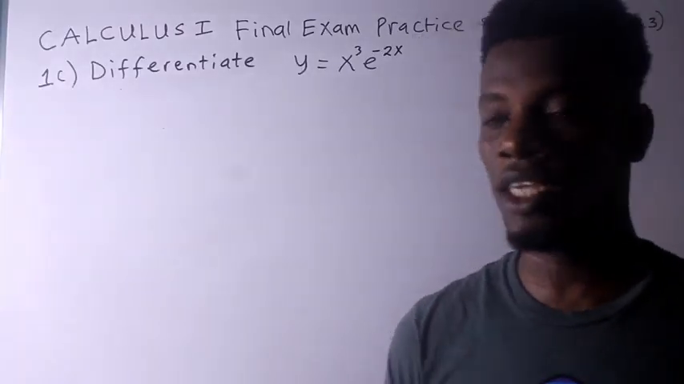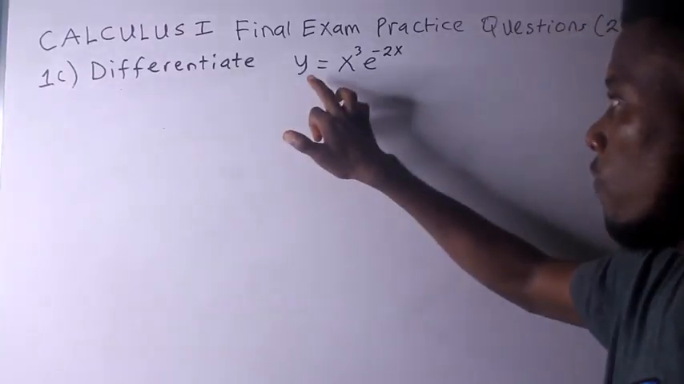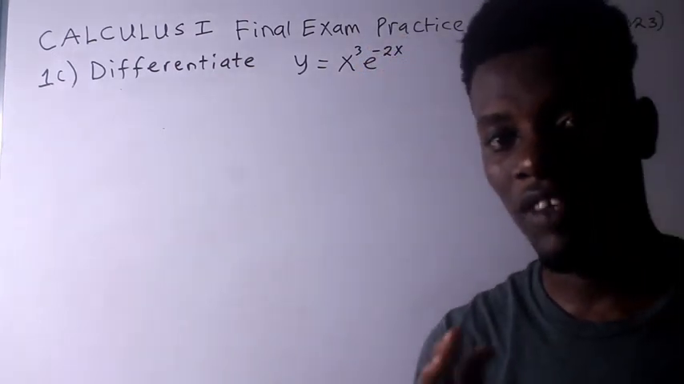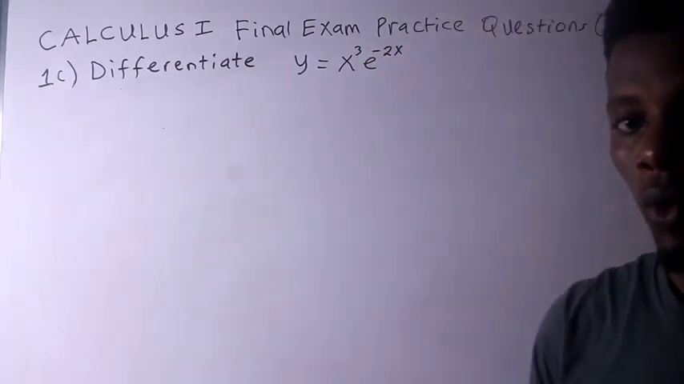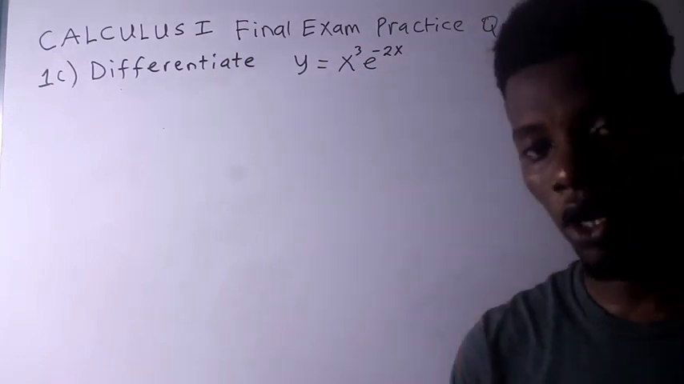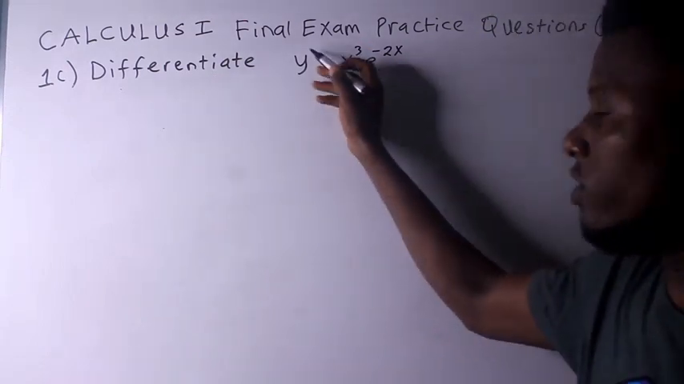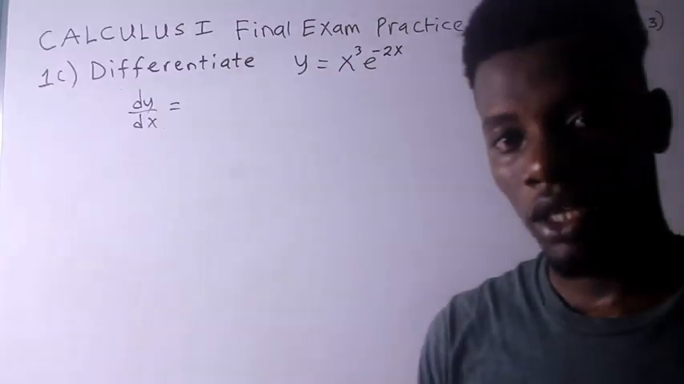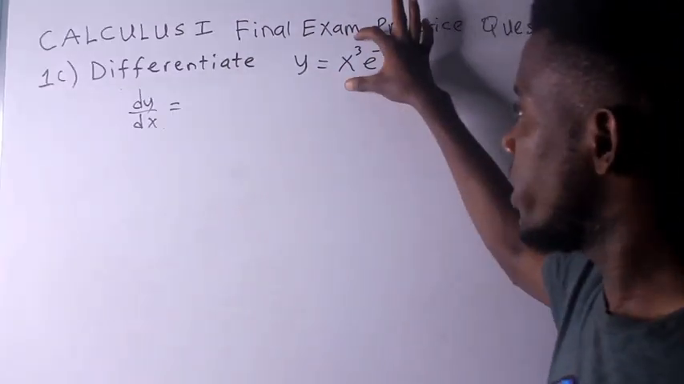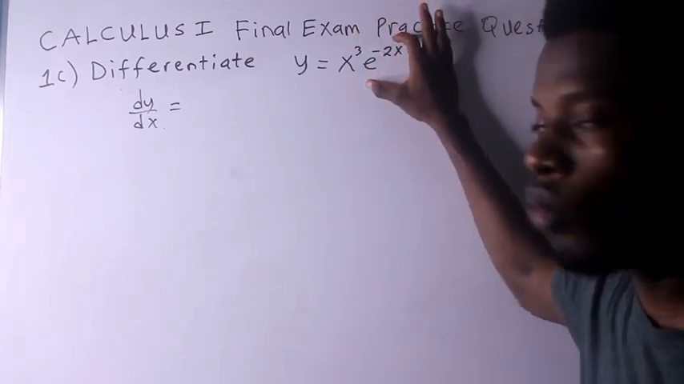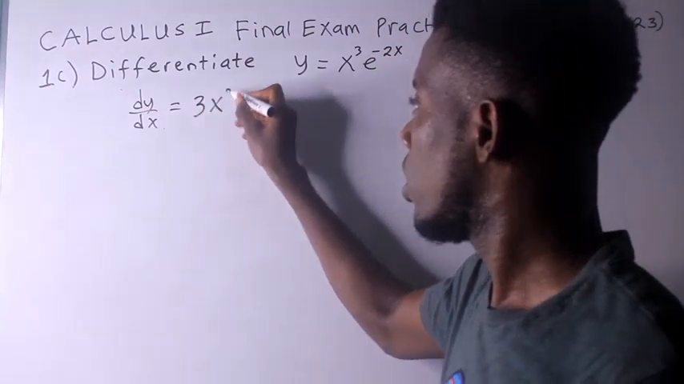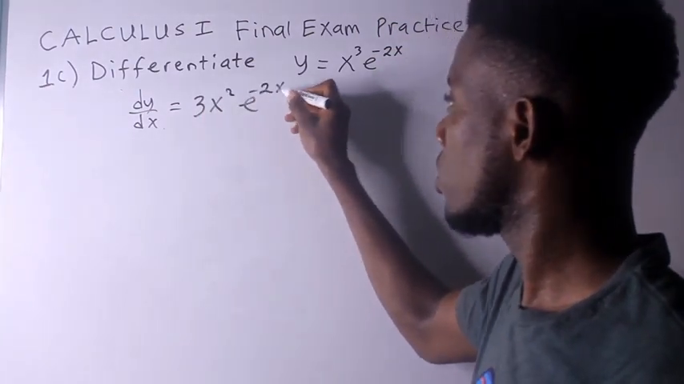Example number 1c says we should find the derivative of y equals x cubed e to the power of negative 2x. To find the derivative of this expression with respect to x, we go right ahead and use the product rule of derivative. So if we differentiate y with respect to x, that's dy over dx equals, we differentiate x cubed and hold e to the minus 2x constant. So the derivative of x cubed is 3x squared, and then we hold e to the minus 2x constant, plus